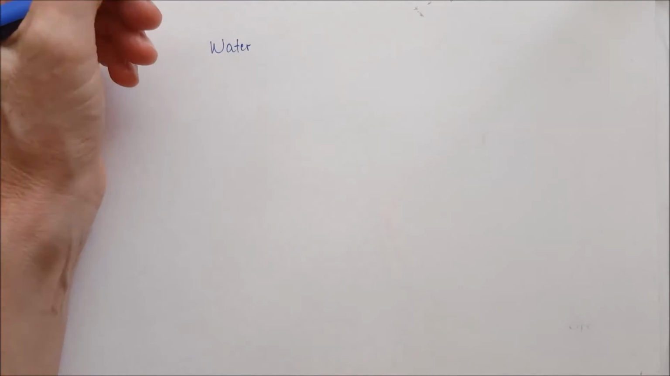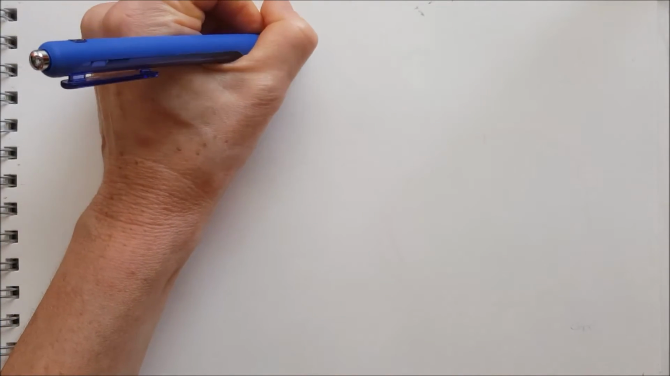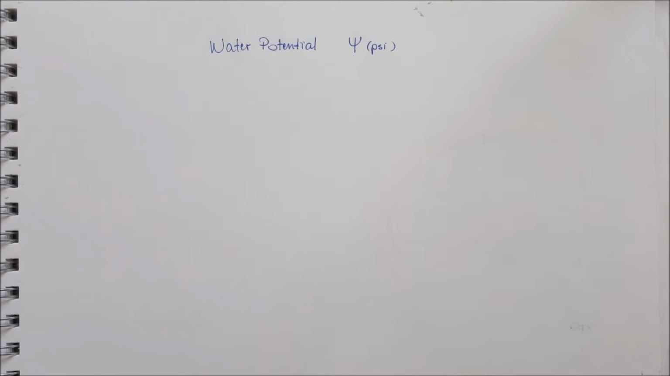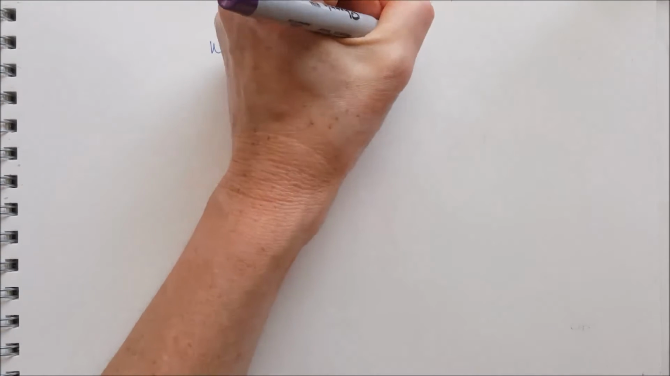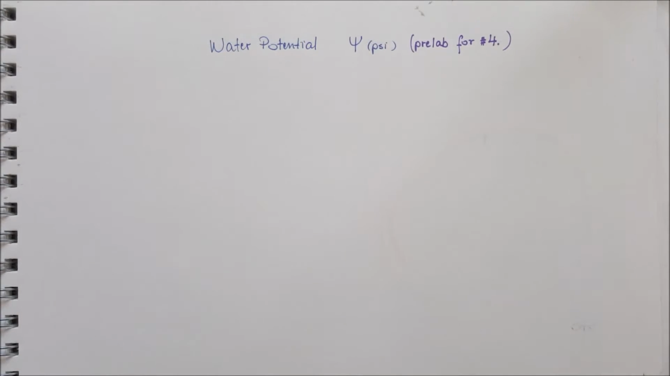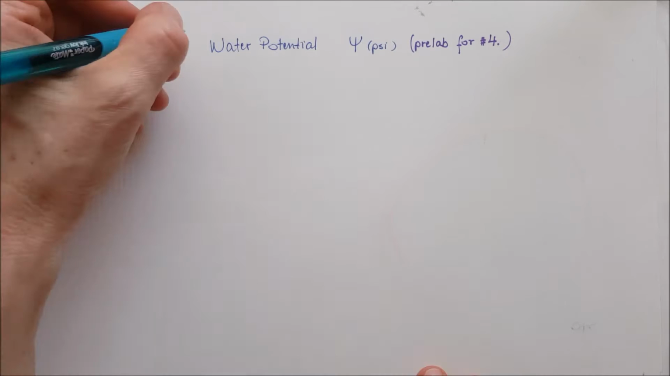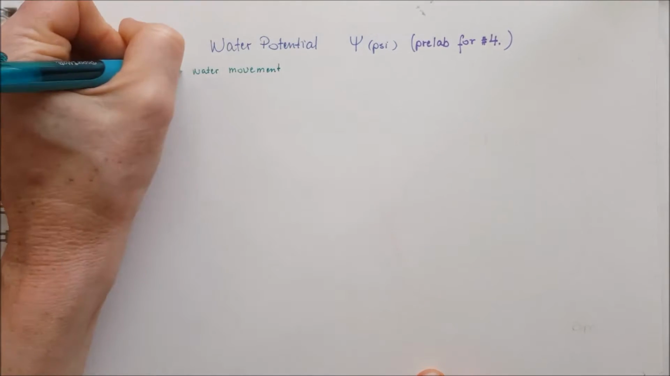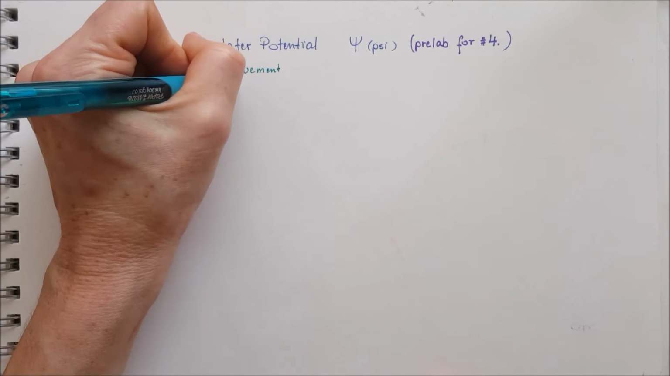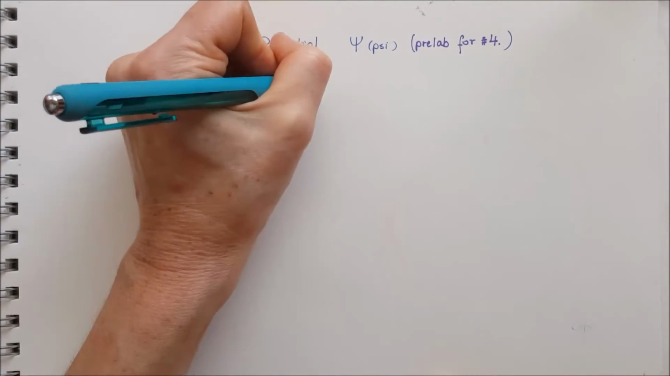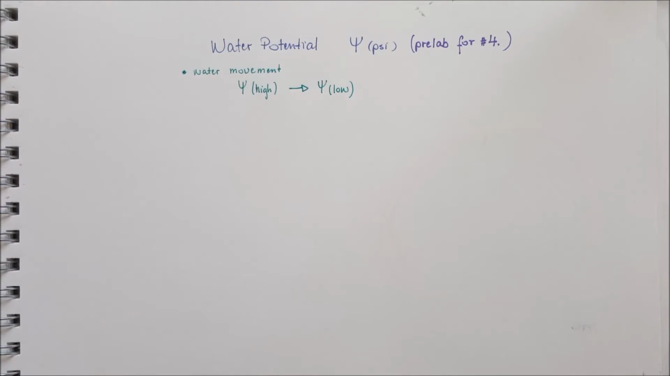Potential. The symbol for that is the Greek letter psi, and this is a pre-lab for AP Bio number 4. Water potential describes the tendency of the water to move from one place to another. Water moves from high water potential area to low potential area. The water potential depends on